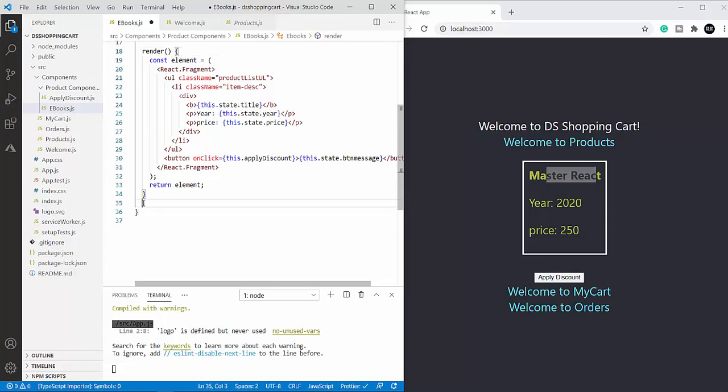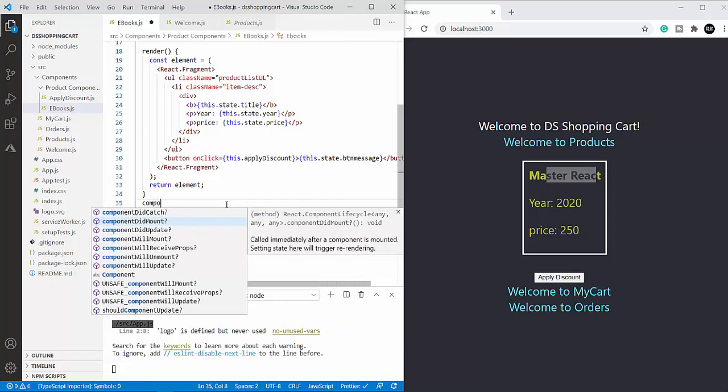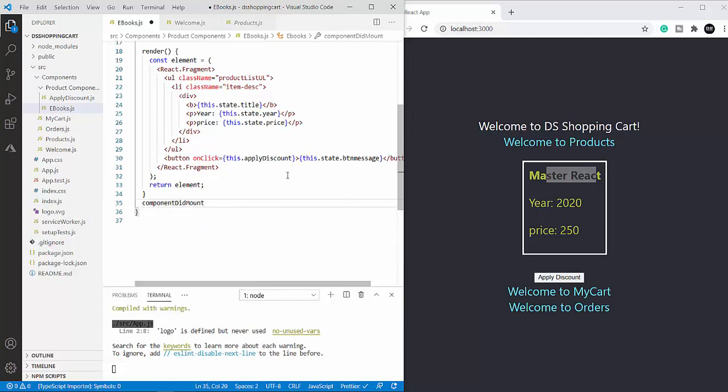After render, I'm going to place componentDidMount, called immediately after the component is mounted. Setting state here, as I told you, will re-trigger the rendering, and it will enter into an update phase.